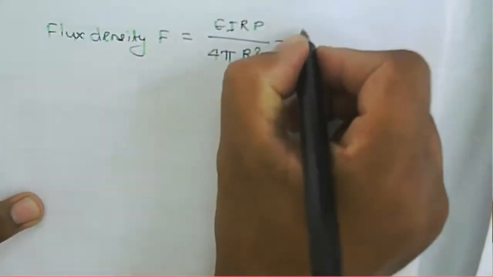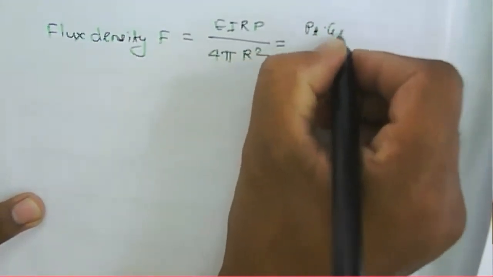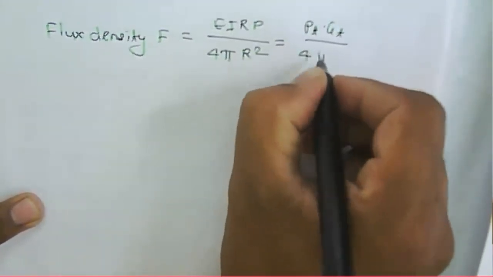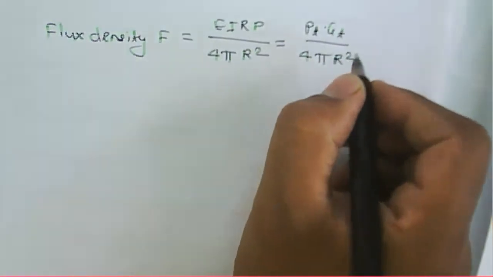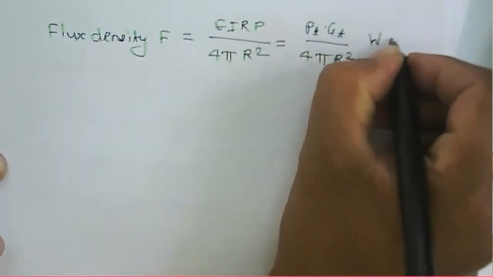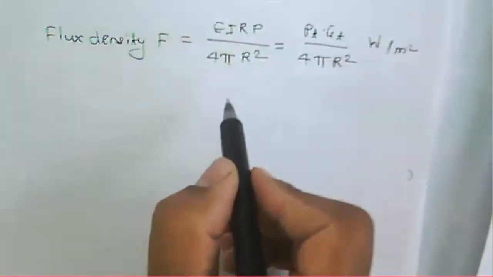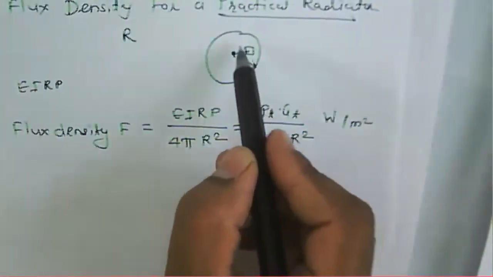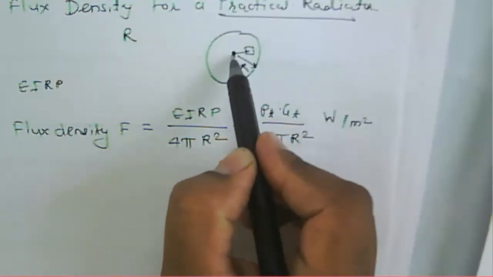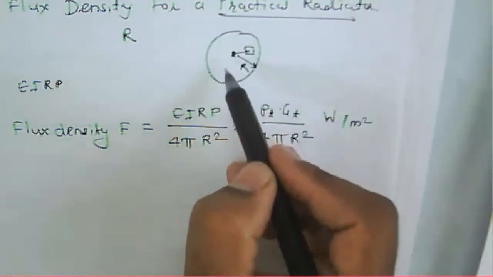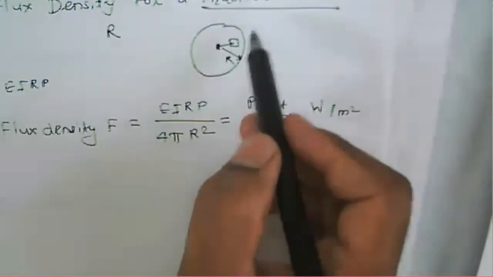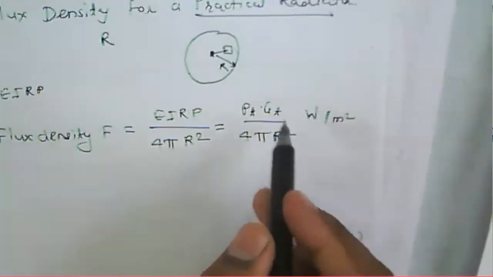We know that EIRP is nothing but PT GT, so F is PT GT divided by 4 pi R square, in watt per meter square. Because this is the area of an isotropic radiator, the transmitting power spreads in a circular shape, so that's why 4 pi for the spherical shape here. And R is the distance